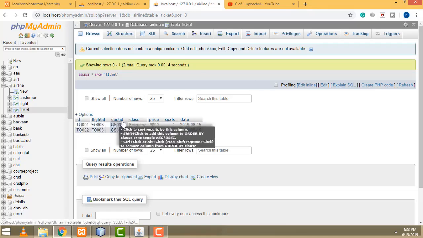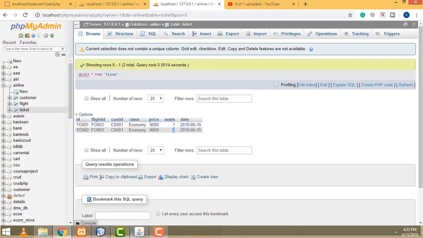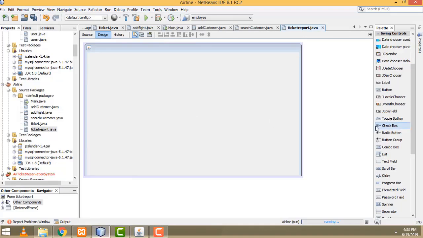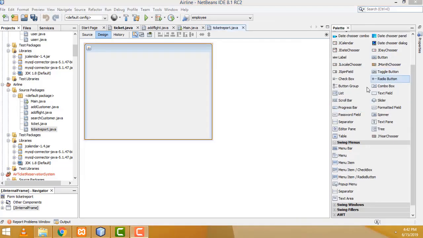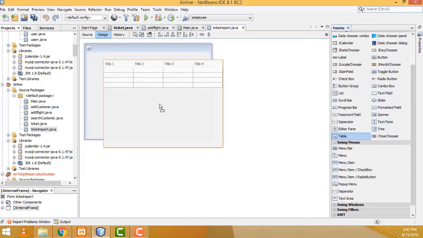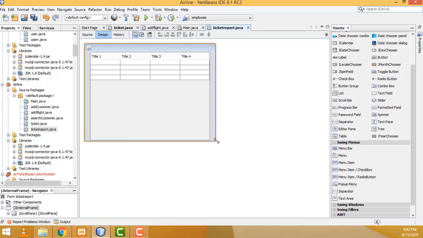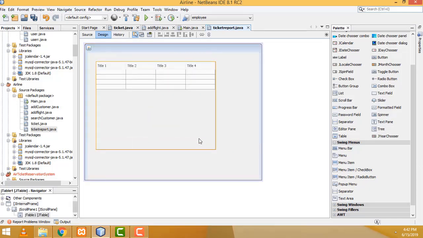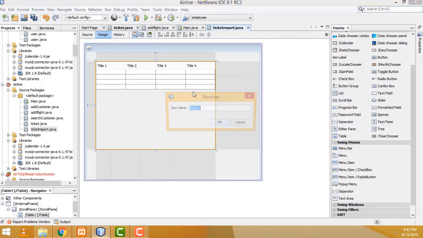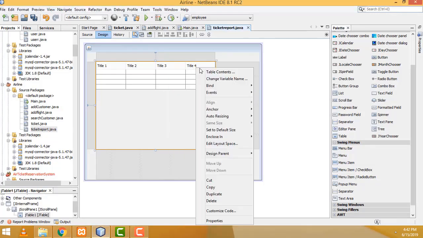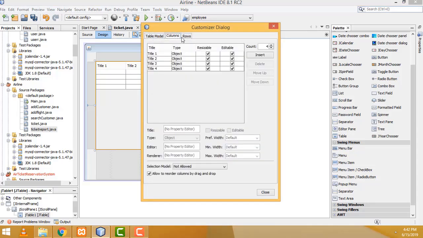How many columns? 1 2 3 4 5 6 7, right? So here I need the report for that. Go to the palette, you have to drag the table, you have to arrange it, right? Here we need 7 columns. So right click, change variable, right click, table contents, first column should be the ticket number,